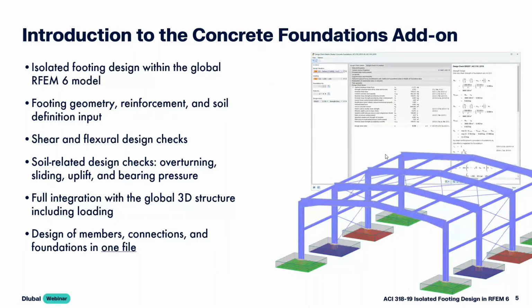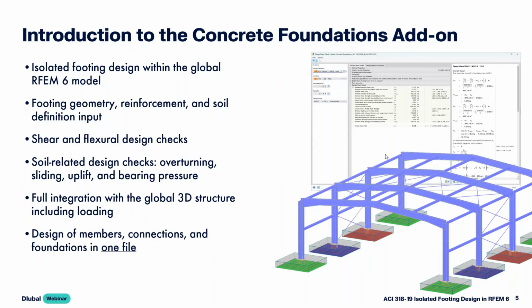After we run the calculation, we will see the design checks for this footing for one-way shear, two-way shear, and flexural design according to the ACI. But we're further going to carry out these soil-related design checks, more relevant from the IBC, including overturning, sliding, uplift, and bearing pressure. A big advantage here is that we are getting the full integration with the global 3D structure